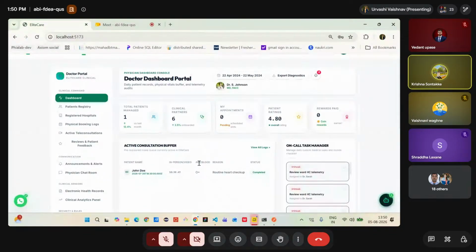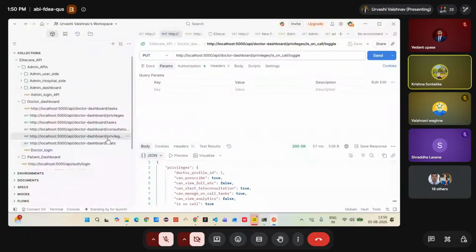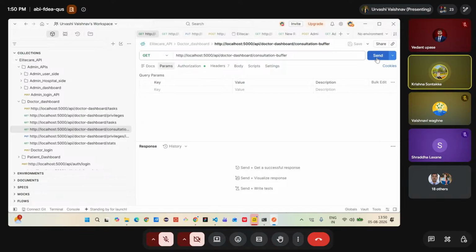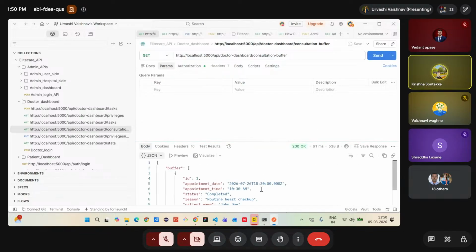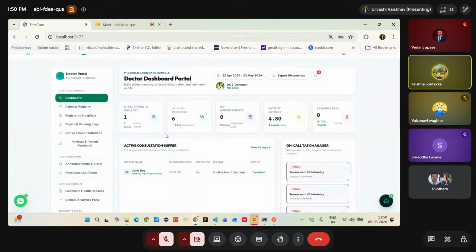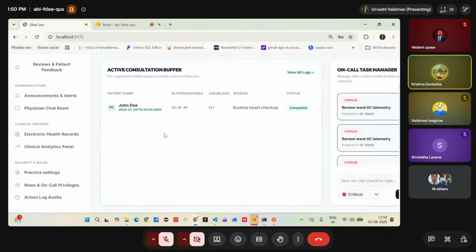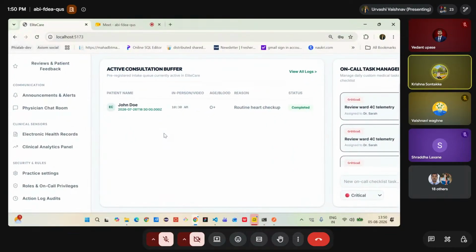This is the consultation buffer API. The URL is http localhost 5000 API doctor dashboard consultation buffer, and the method is GET. Because we are fetching data, I add the JWT token in the authorization tab by selecting bearer token and send